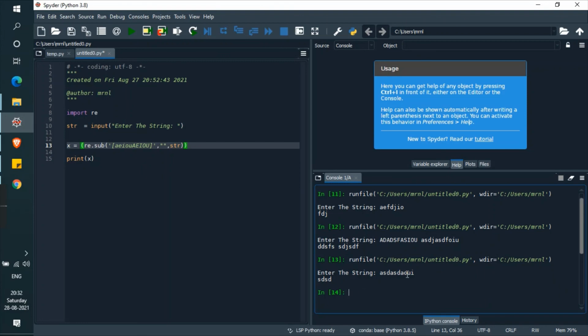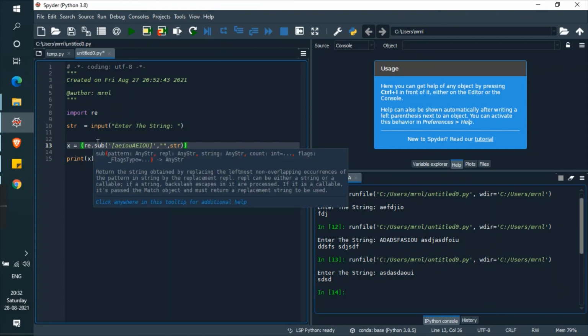So this was the video showing how to remove vowels from a given string. There were two methods. The first one was using a for loop, if else statement, and then replacing all the vowels with nothing. And the second one was using regular expression, where we used the substitute function and substituted a, e, i, o, u, or else the vowels, with nothing.